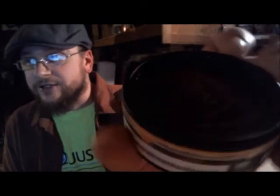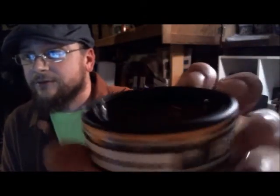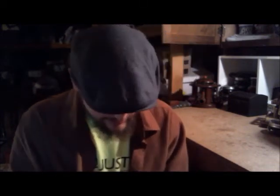The catch lid here is a full-size catch lid. The lighting's not going to catch it very well, but there is an AG seal on the inside of the catch lid. And now I've been waiting all day to crack this. Alright. Oh, wow. Oh, my goodness. Alright, so...